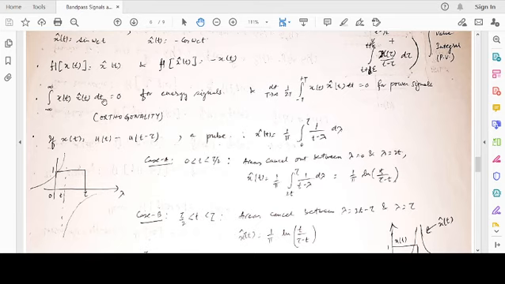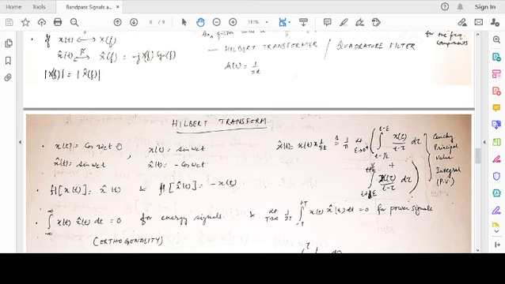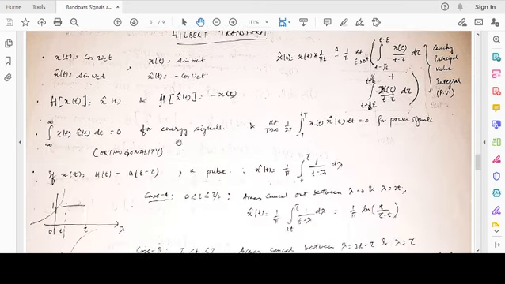Again, this can be proved: x(t) x cap t dt. You substitute the definition in the frequency domain and you can easily arrive at this result. Or you can use the time domain result also. You substitute x cap t here, so we have x(t) multiplied by x(t) convolved with 1 by pi t. Then convolution, go back to the frequency domain, and you can establish the result.